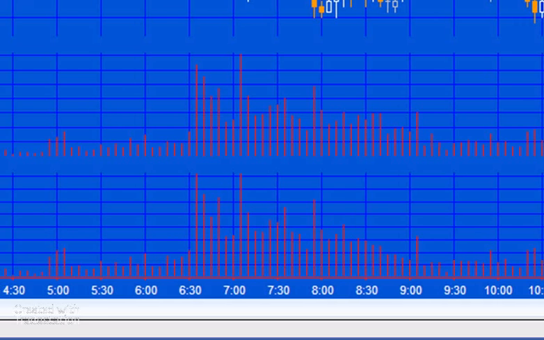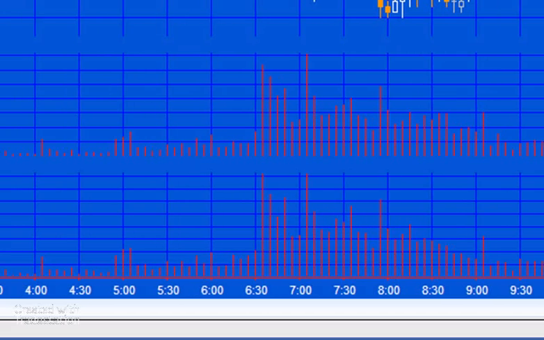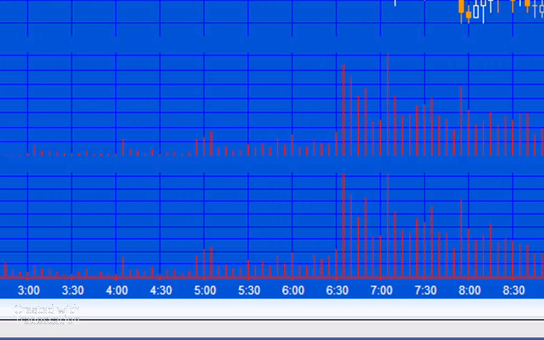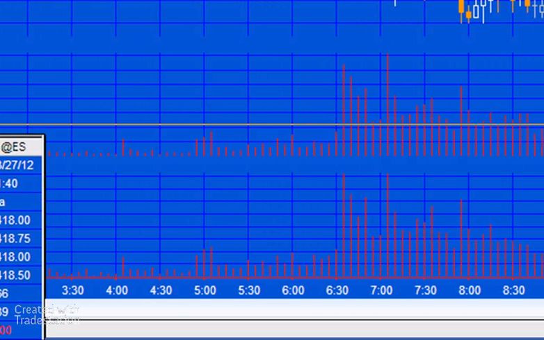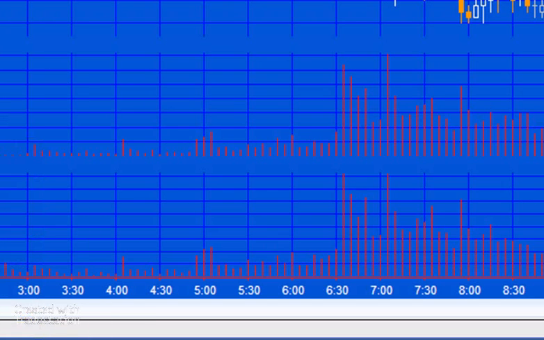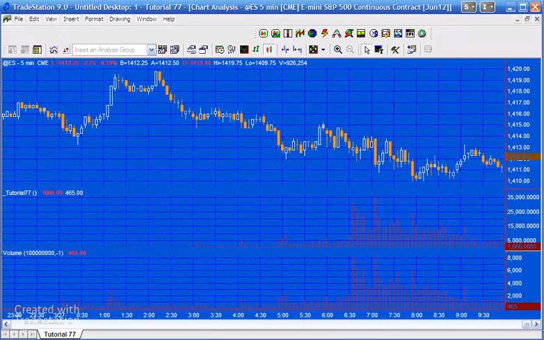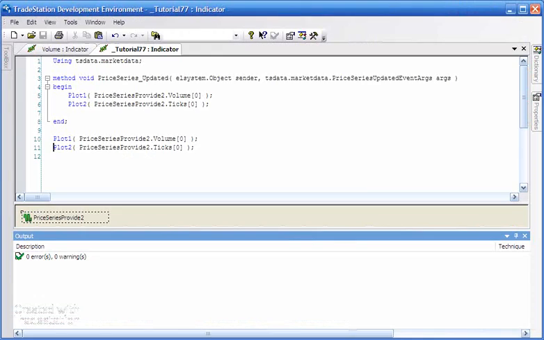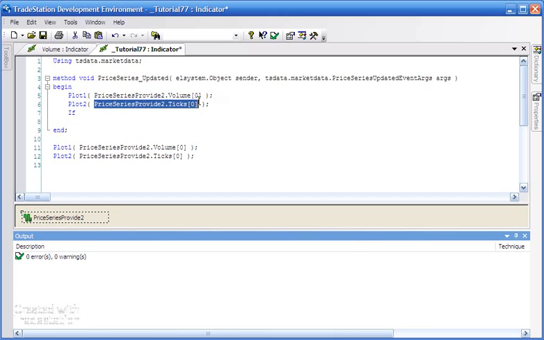And you'll notice I only put in 100 bars. So if we go back a little bit here, you'll start to see that this is showing values of 0 because we didn't enter any more range. So for example, one thing you might decide to do is say, okay, wouldn't it be interesting to find the ratio of volume to ticks? So we could easily do that, and because we're doing a division, we just need to make sure the divisor is not 0. So we could say if this is not equal to 0,